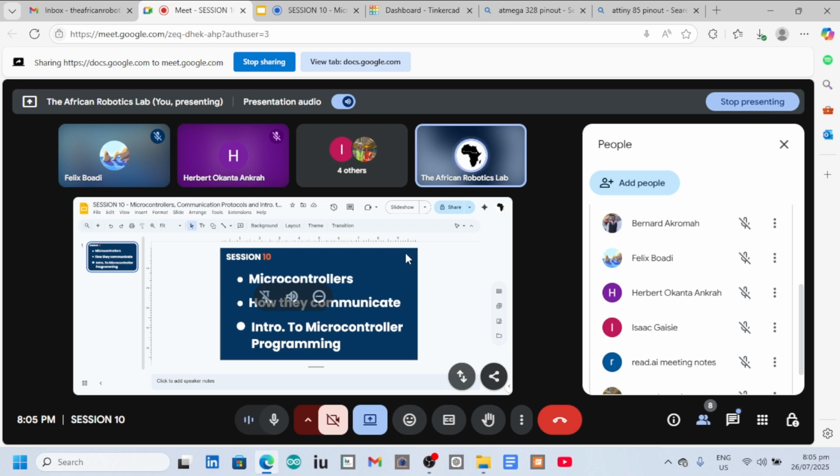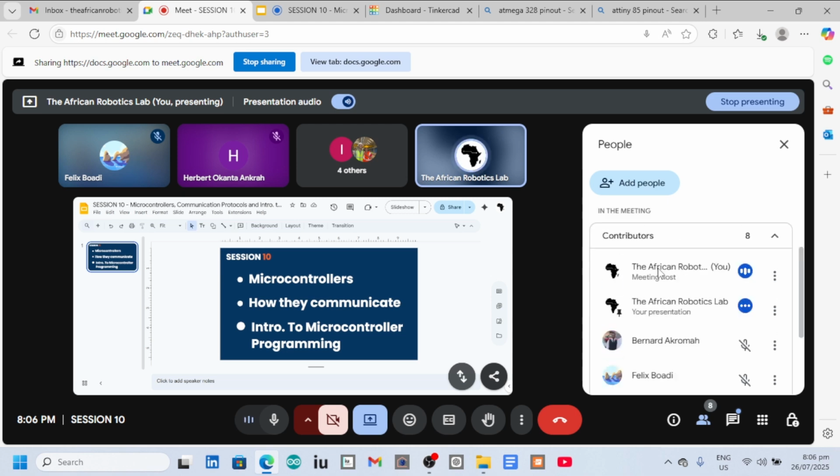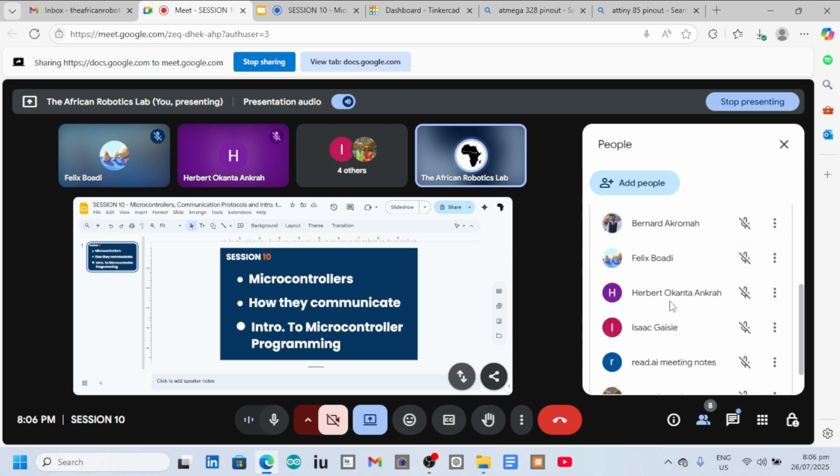As we announced on our Google Classroom and on our WhatsApp, in today's session, we are looking at microcontrollers. We are looking at how they communicate, and we're also going to do a little bit of an introduction to microcontroller programming. All of you here, Bernard, Felix, Herbert, Isaac, Samuel, everyone, you've made very, very good progress